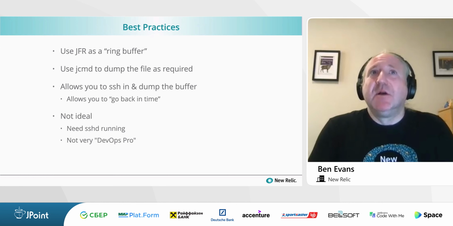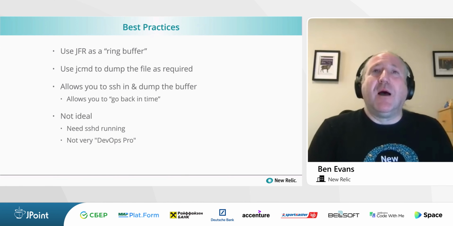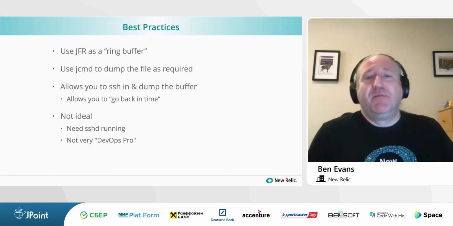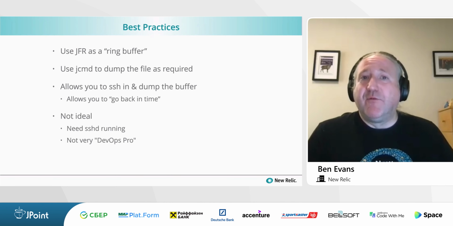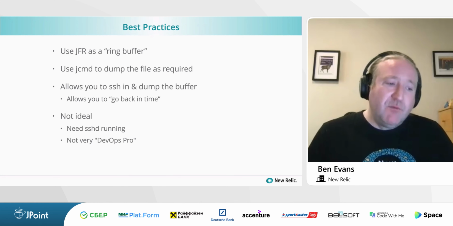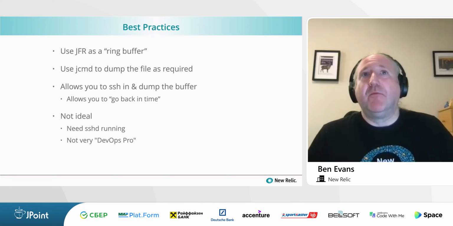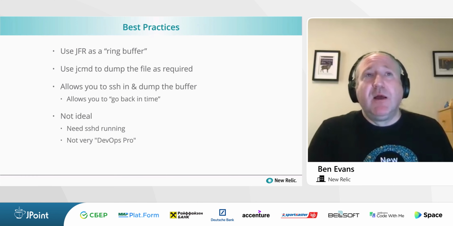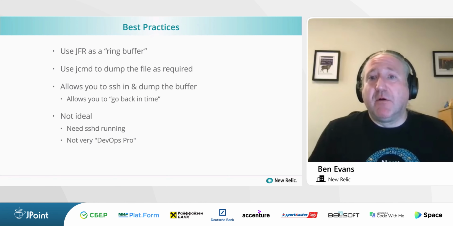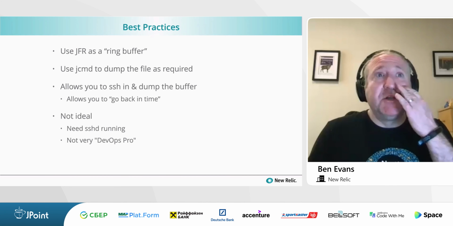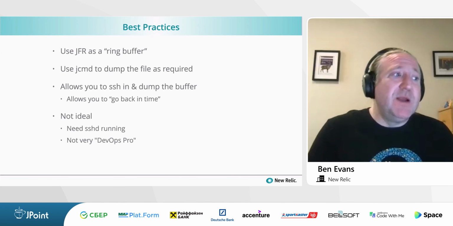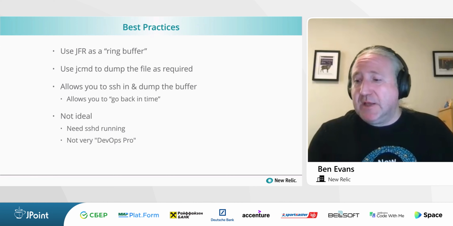Now we can SSH into our containers, but lots of people don't like that. But if you do follow this pattern, it allows you to go back in time. Because if you have an incident, providing the container hasn't crashed and the VM is still running, you can log into the container, run a jcommand, and dump the file. And then you can go back in time and see the effect of what happened when the incident started. So that was our original approach for our own internal use. And it's not ideal. You need an SSHD. It's not very automated. It's very manual. So instead, we